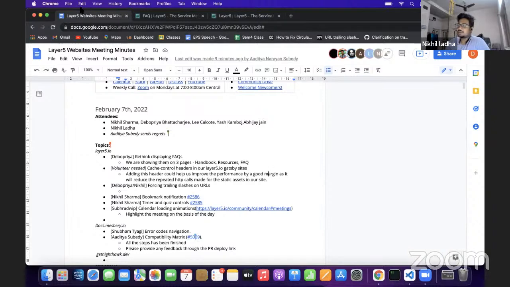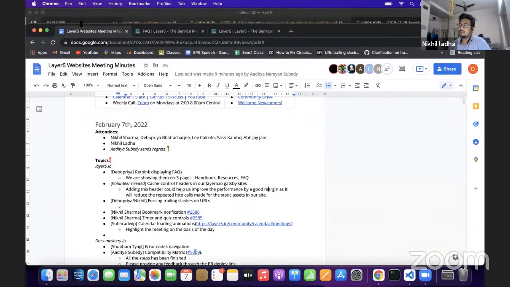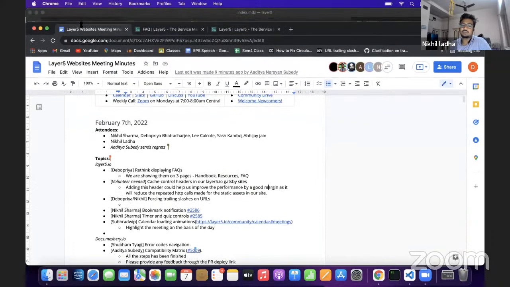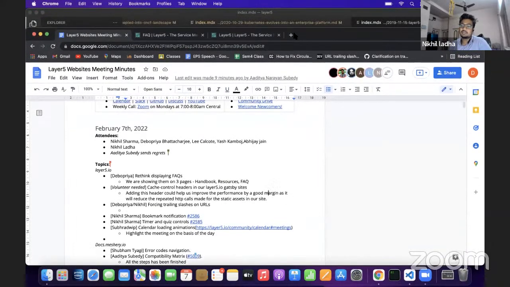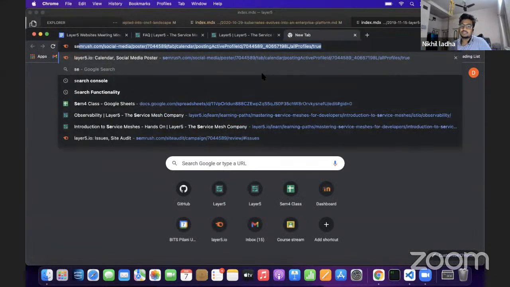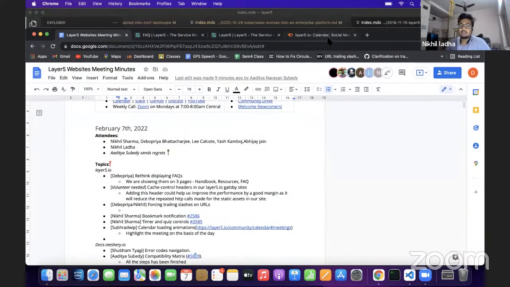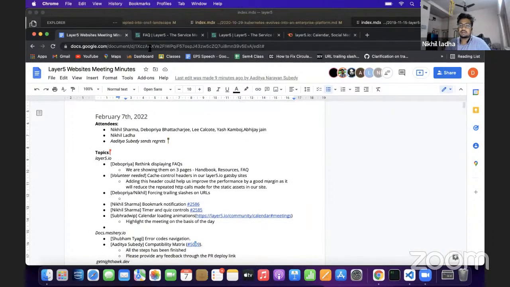But in the case of Gatsby, I'm not able to find a particular plugin or a way to use it. If we had used Netlify to host our site, then Gatsby provides a plugin to use Netlify to give a cache control value. But without Netlify, independently, I haven't been able to find any such value. So if anyone could find that.